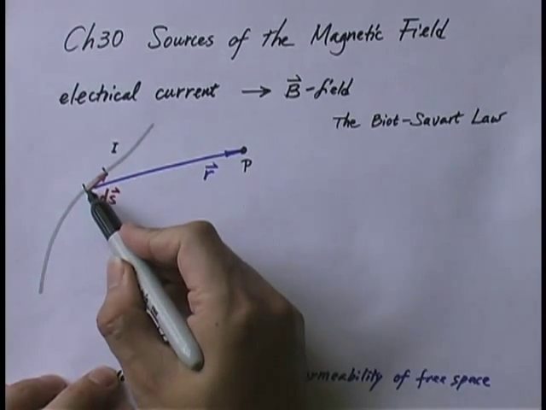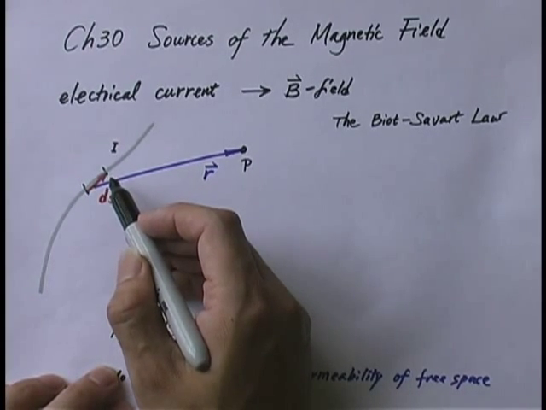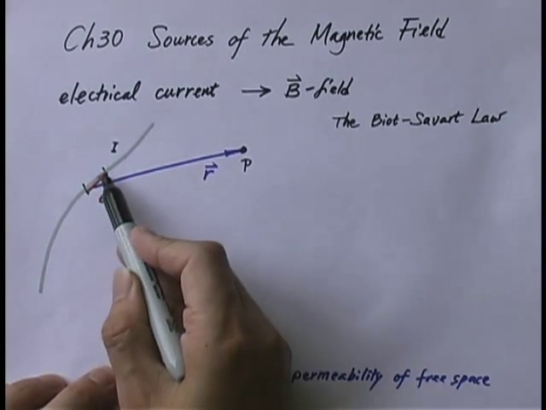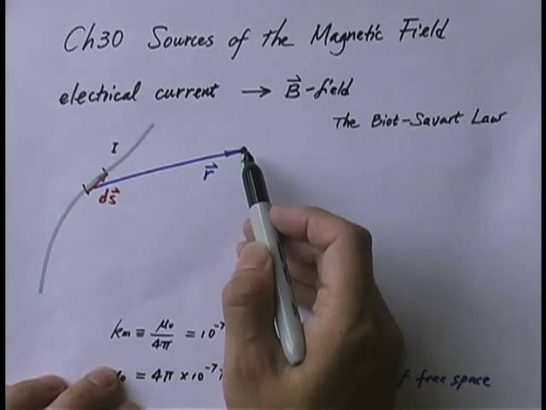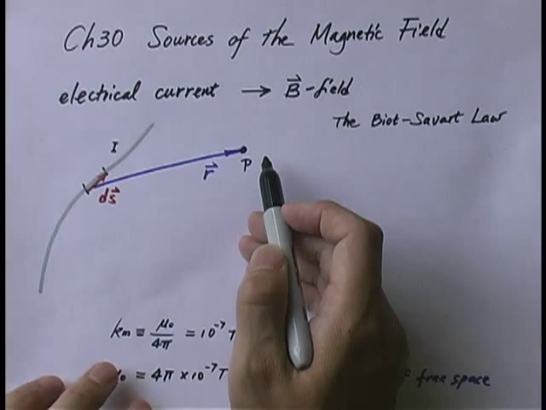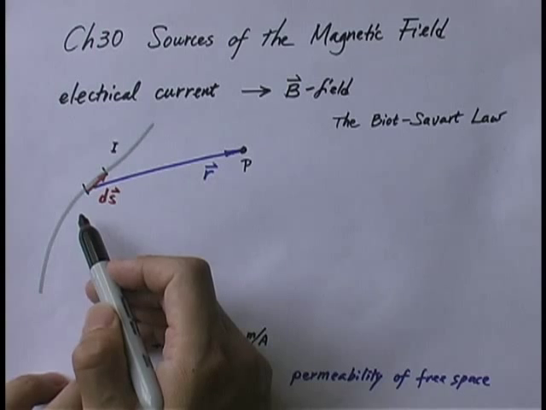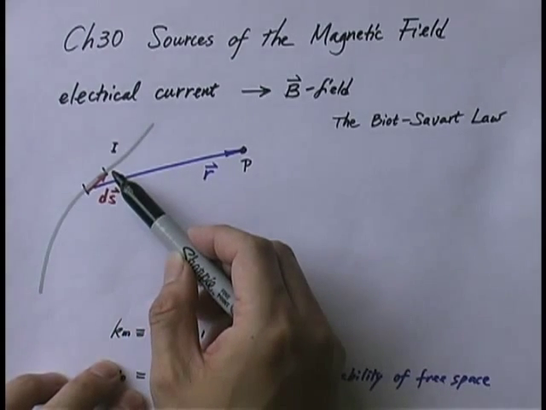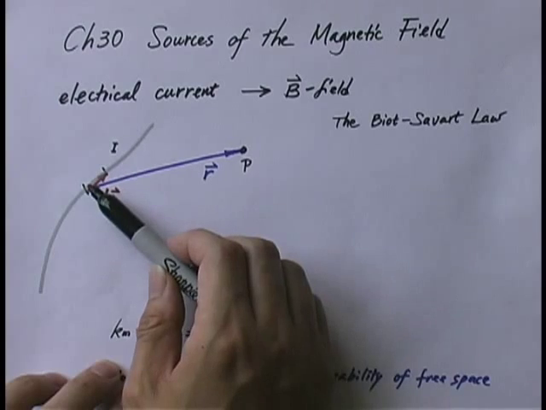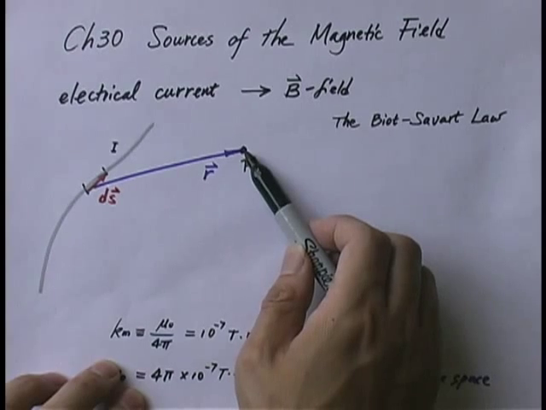So we're going to isolate this little current element. It is analogous to a single point charge in producing an electric field. We want to know, how does this element of current produce a magnetic field at a point P? Now, in the case of the electric field, the source was just a point charge, and all we have to know is where it is and the amount of charge Q, which is a scalar. But this time we have a current element. Not only do we have to know where it is, in other words, the vector displacement between the source and the point of interest,